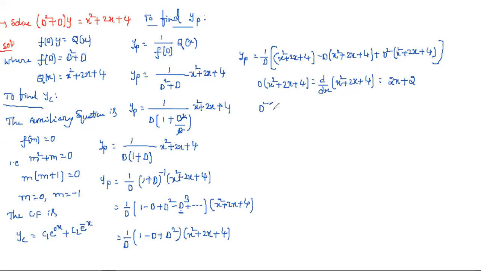Next, in the same way, you can find D². So D² of (x² + 2x + 4) is nothing but d² by dx² of (x² + 2x + 4), and this is nothing but d by dx of this one, which is 2x + 2. And the derivative of this one, simply what we'll get, 2, right? So this is the one. And D³ onwards is nothing but obviously 0. You can see here only. So D³, the third time derivative, obviously 0.